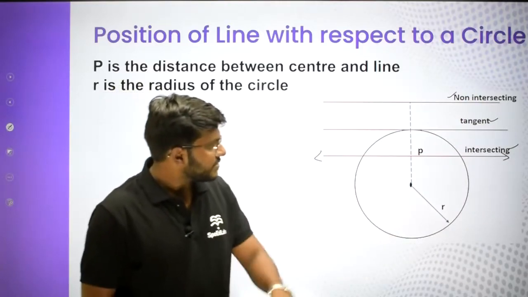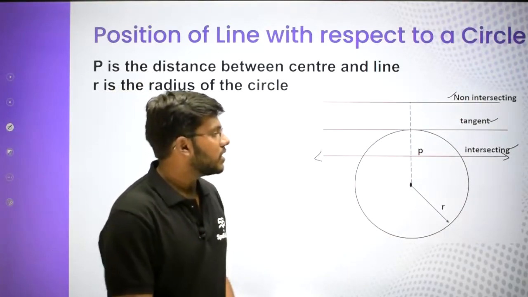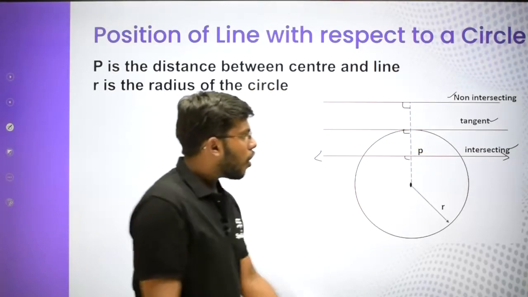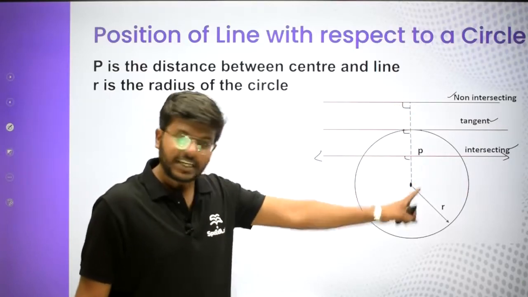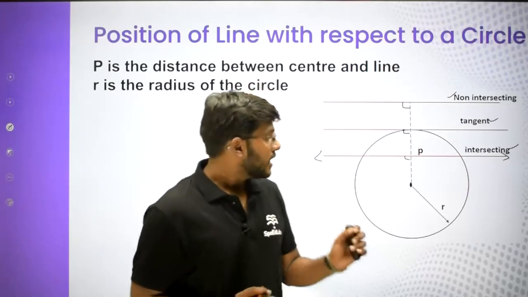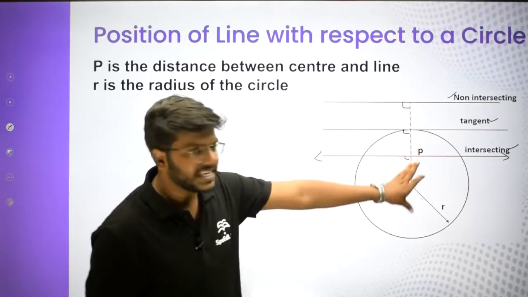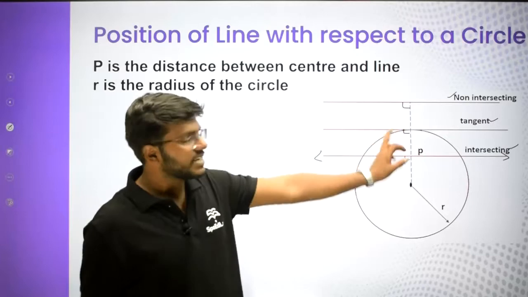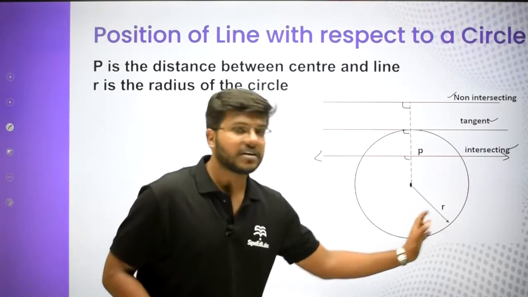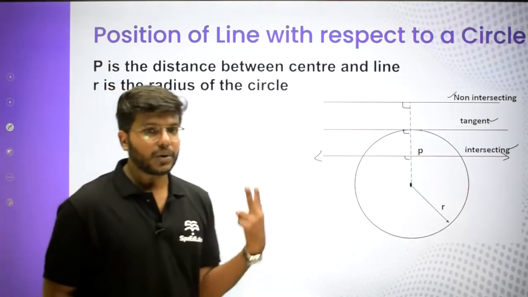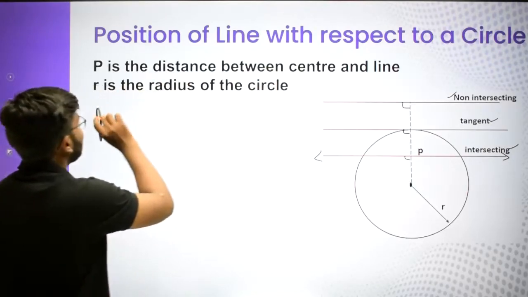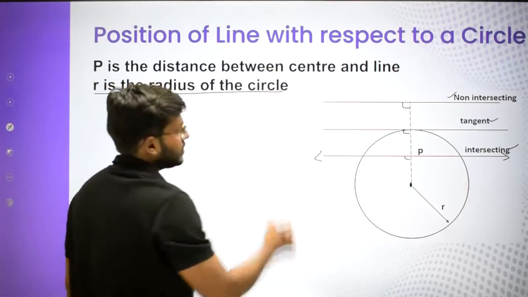Now let's suppose, guys, the perpendicular distance of the line from the center of the circle, we assume it as P. ठीक है, हमने क्या बोला कि लाइन की कोई सी भी केस में, ये तीन लाइन है, तो लाइन से सेंटर का डिस्टेंस इफ यू अज्यूम इट एज P, all right, and the radius of the circle is R. ठीक है, we are defining two terms over here, that is P is the distance between the center and the line and R is the radius of the circle.